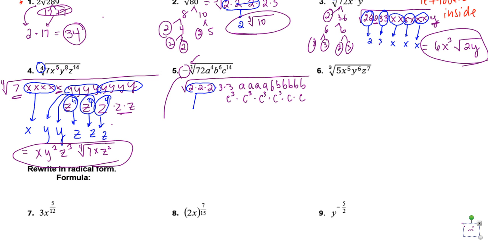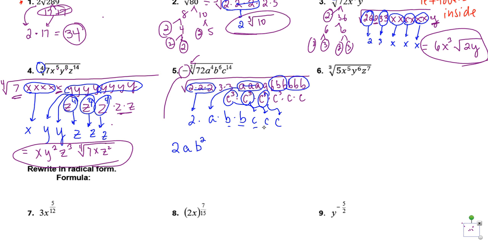So 3 2's, 1 makes it out. On the 3's, we've got 3 A's, 1 makes it out. In the B's here, we've got 1 group of B, 2 group of B's. So a B and a B. Okay, the C's. I've got 3 C's here. 1 makes it out. 3 C's here. 1 makes it out. 3 C's here. 1 makes it out. So altogether on the outside, I've got a 2, an A, B times B, so B